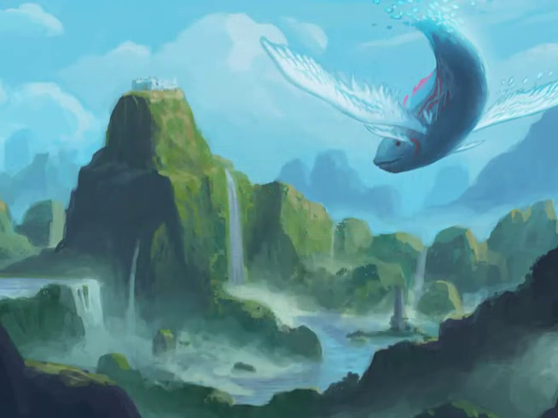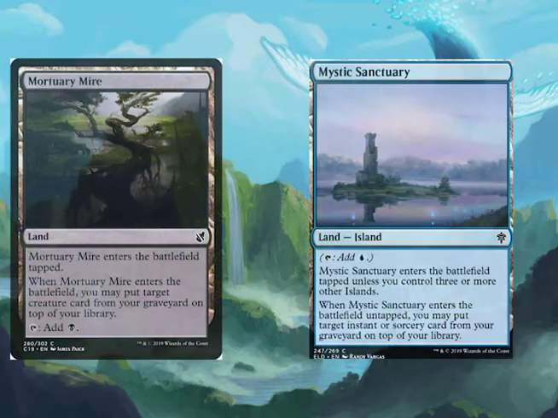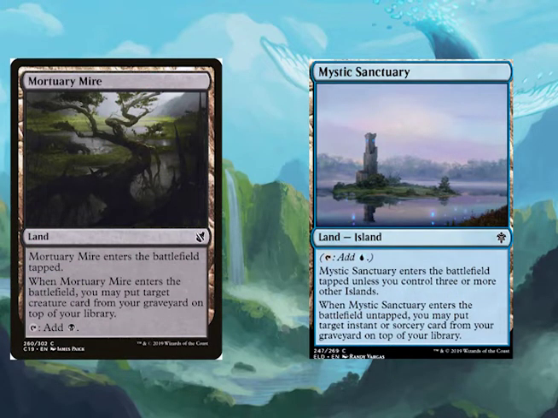Yeah, since the game goes on, we can use Mortuary Mire and Mystic Sanctuary as a combo. You'll find a lot of games where they keep removing your creatures, but you can force them to tap low or hold a bunch of counters in your hand such that on their end step you can flicker Mortuary Mire and Mystic Sanctuary. You can flicker Mire and Sanctuary as long as there's 3 other Islands, and then